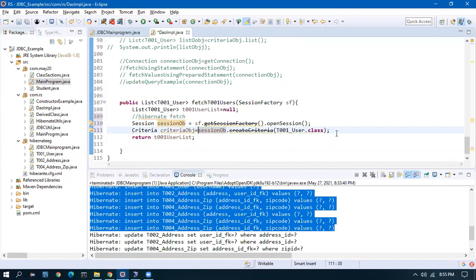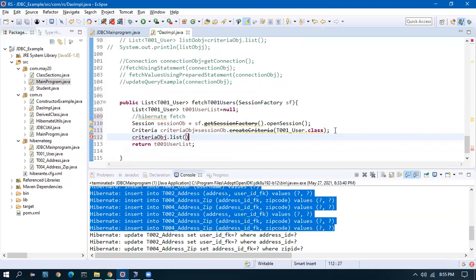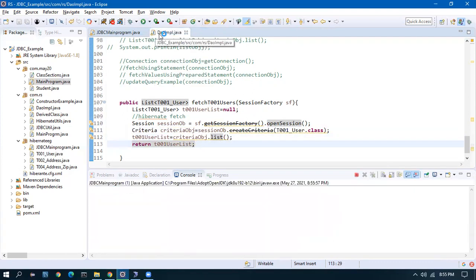Then criteria object dot list, and I have to capture it in this variable, and I return this. That's all. Our work is done. Now let's run this and see.